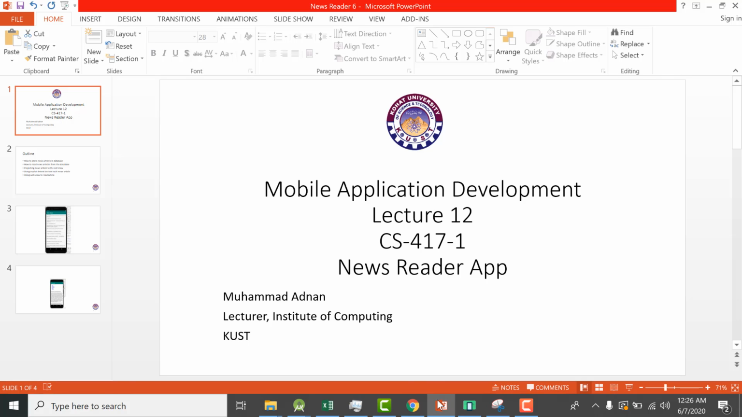So this will be lecture 12, the last lecture of our newsreader app. This was a complex app. There was a lot of code involved, but it's great that we have completed it. If you run it by typing it yourself and understanding it, you will experience that you have gained a lot of knowledge regarding how to use databases and how to get data from remote servers using API calls